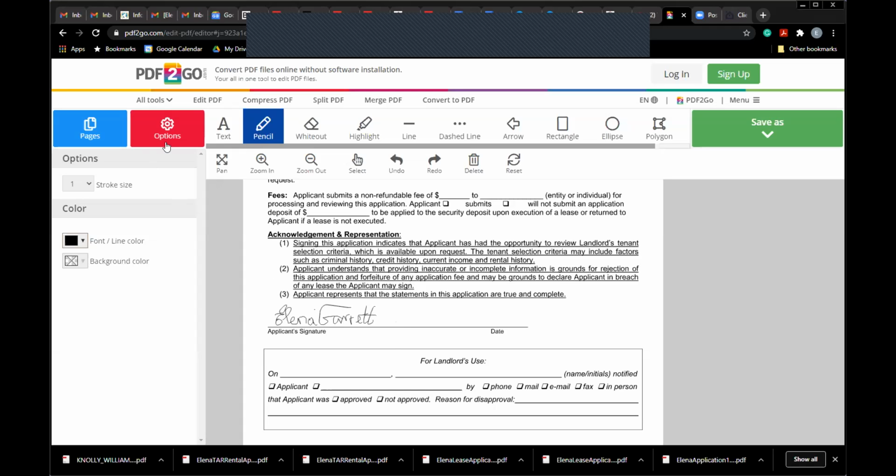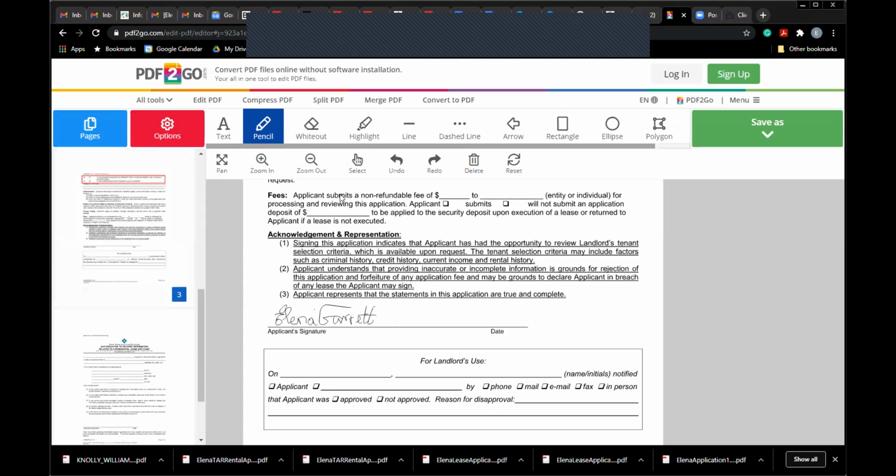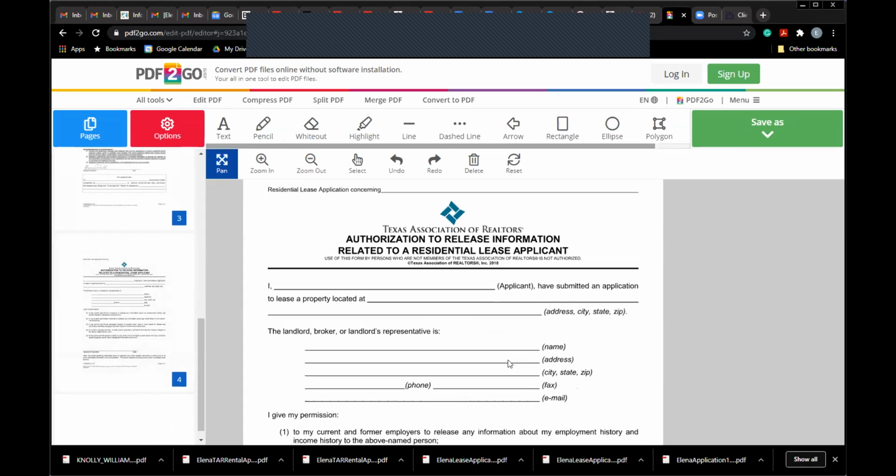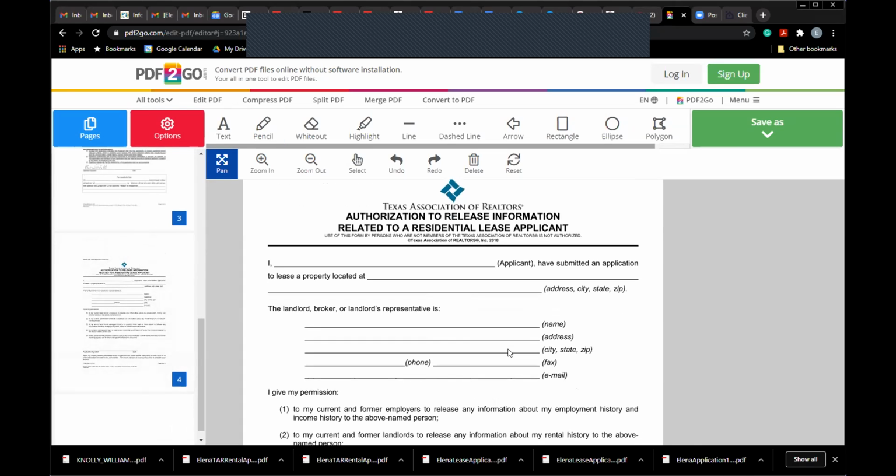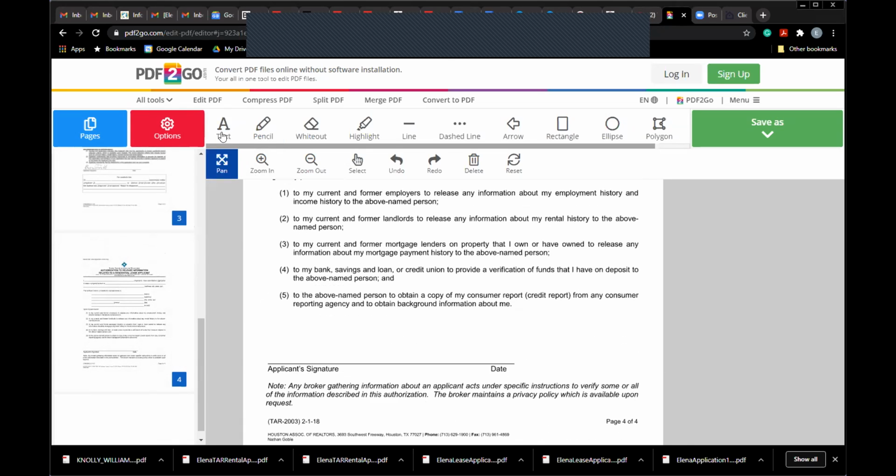So with the signature, we're going to go back to pages because we've finished this part of the application. And page number 4 is the release of your information to the landlord. So we're just going to do a quick little annotation right here. We're going to put our name on the top line. And then we're done with this. So don't put anything here, just leave it completely blank. And then it asks us for one more signature right here. So go ahead and